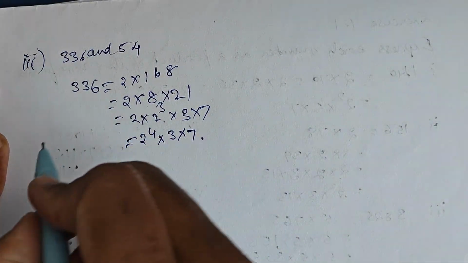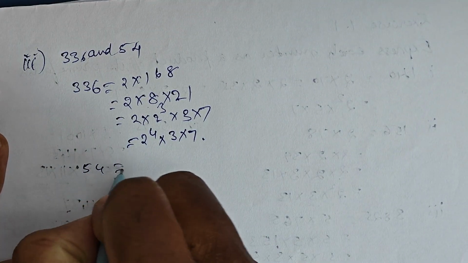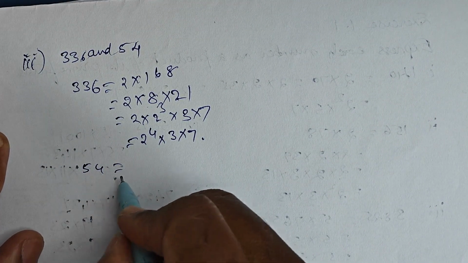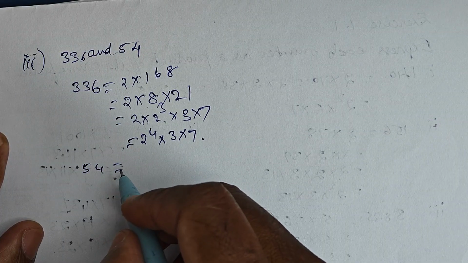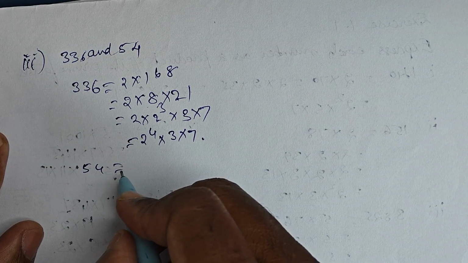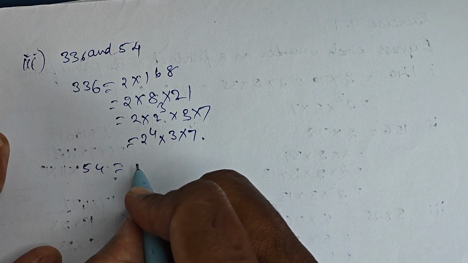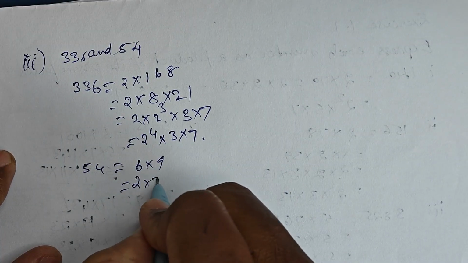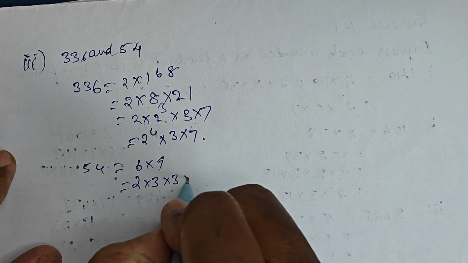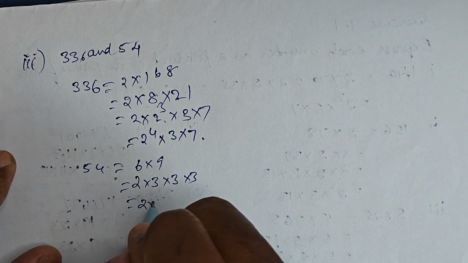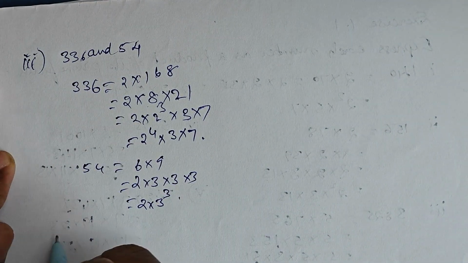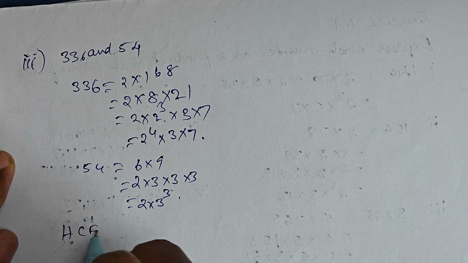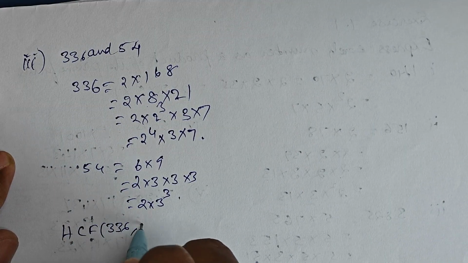Similarly for 54, I can see clearly, even the 2 into 27, I want to go much faster. So what I can say here, 6 9s are 54. So 6 into 9: 6 is 2 into 3, and 9 is 3 into 3 again. So 54 is 2 into 3 cube. Now the highest common factor of 336 comma 54 is equal to,